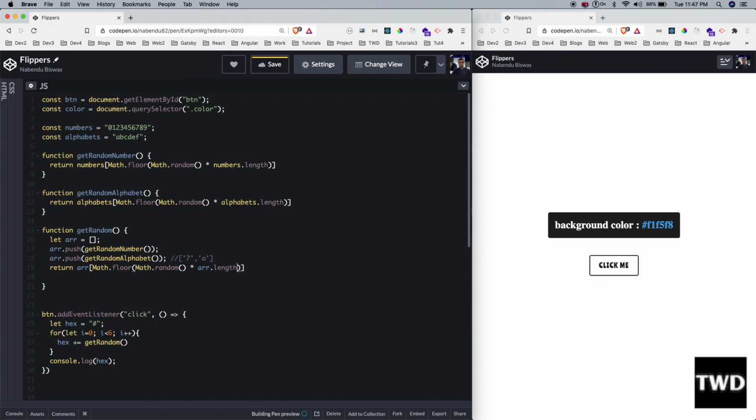I should spell it right, length. So again what it will do, it will return me either 7 or A, not both of them. So this will get only 1.